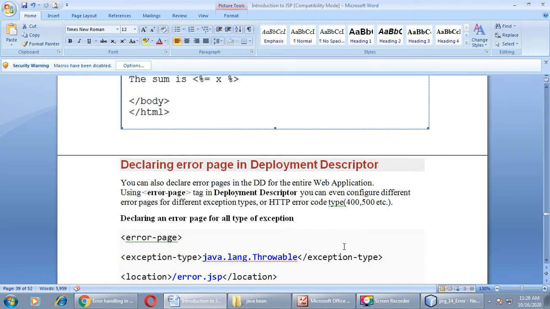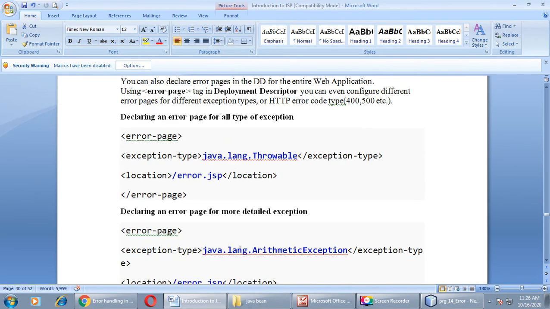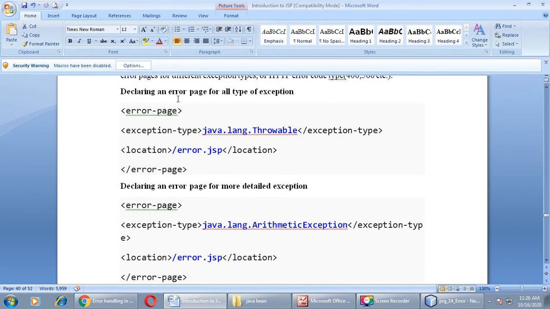Okay, here you can see how you can define an error-page tag in your deployment descriptor. Suppose there is a chance of a java.lang.Throwable error. In that case, this page will be displayed, error.jsp. As you can see, we have set the name of the error file.